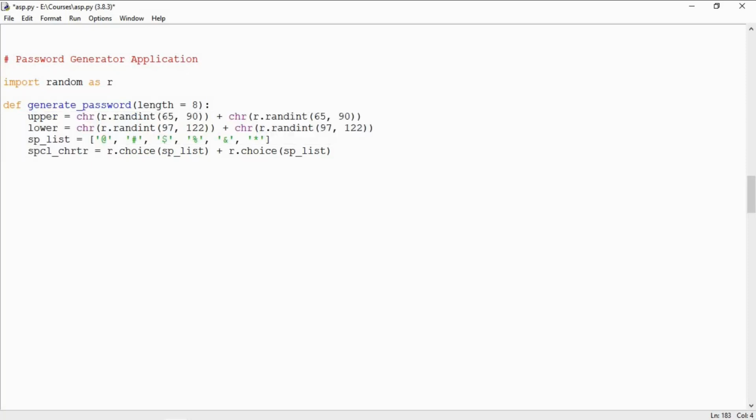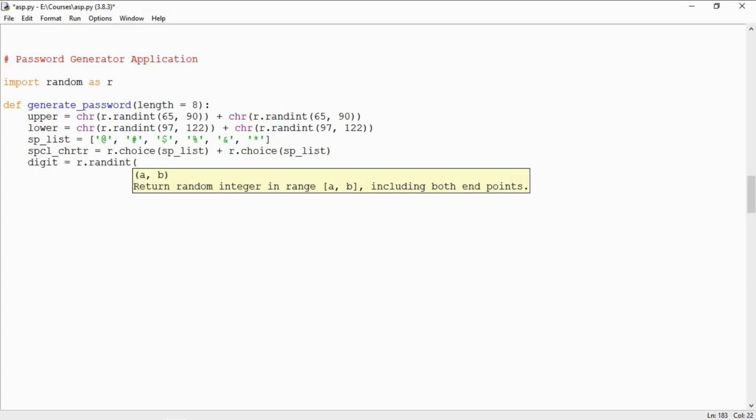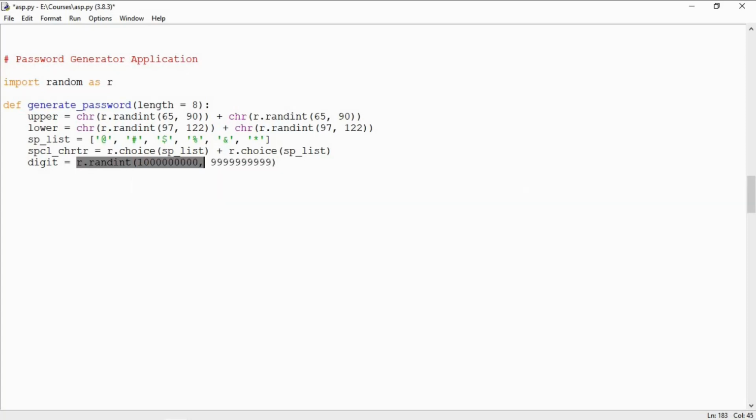The remaining characters should be digits, and for that we will generate a 10-digit random integer, assuming that our password is not going to be longer than 16. So we will get a 10-digit random integer from the randint function. Now we will convert this to a string and we will slice it. We want a string of length